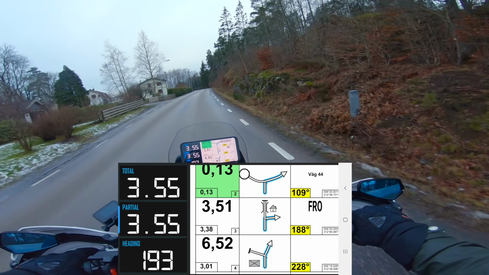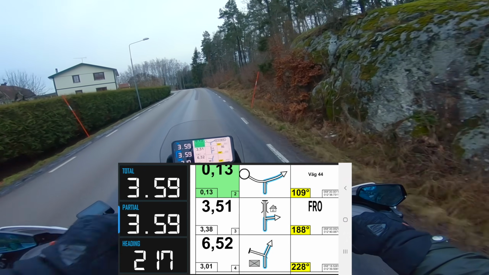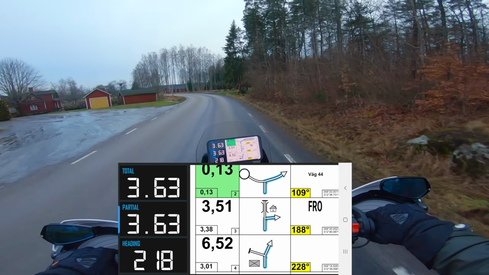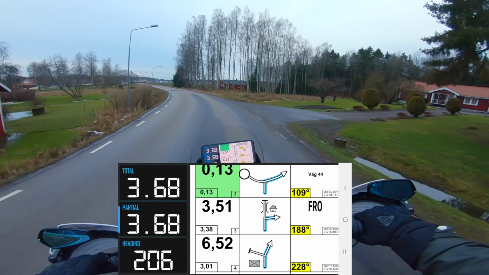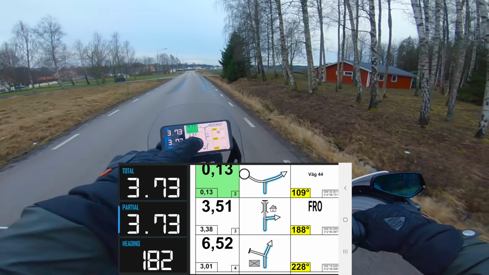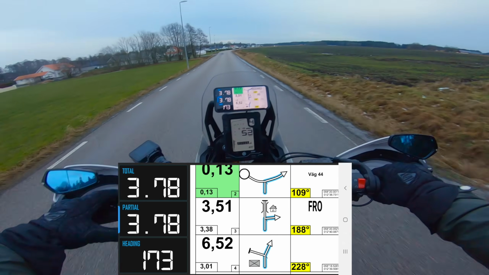So I want to make sure when testing this roadbook now that the distances are correct, so they make sense, and that there are no hesitations on where to go. So right now it says FRO, follow the road. So I just followed this road until